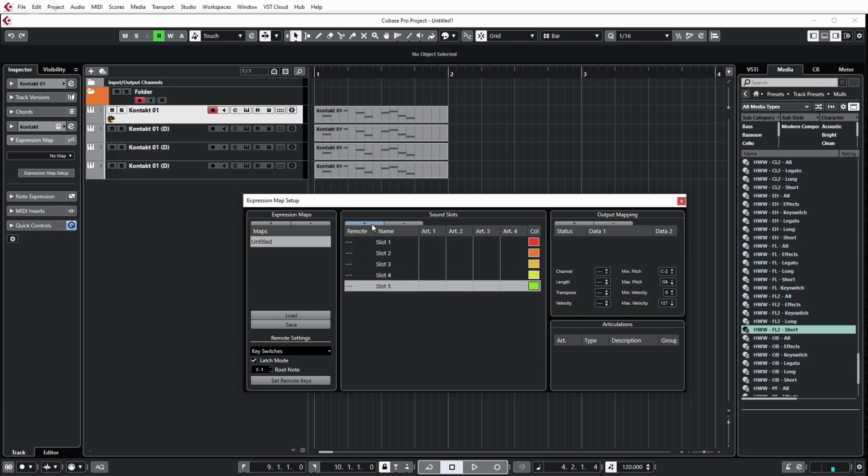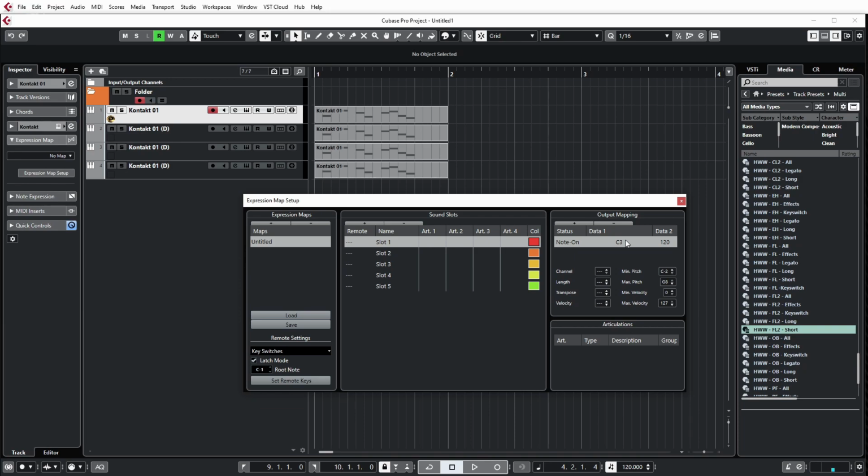So let's say there's 5 switches available in the patch, you'd create 5 slots. And then for each one of these slots, you'd create an output mapping like so. Then you would change the output note value to match that of the key switch you wish to trigger from the library. So if the switch started at C1, you'd put that as C1, the next one will be C#1,